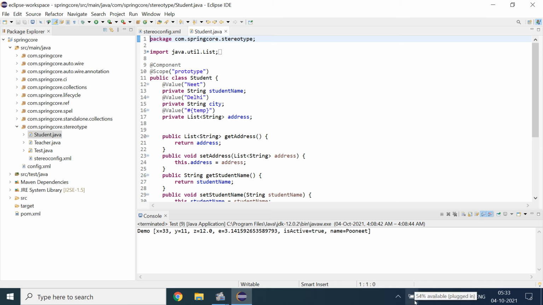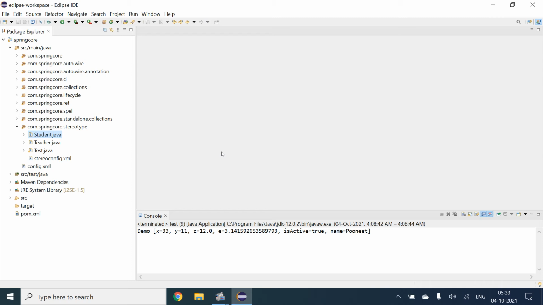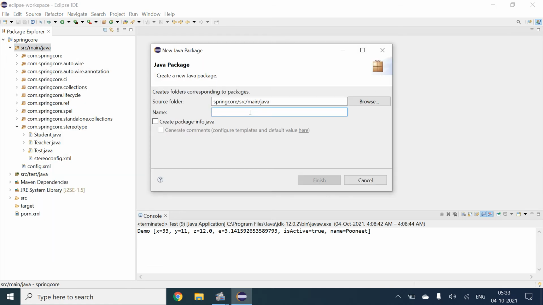So now we will create a new package and we will try to move forward, how we can declare beans without using an XML file. So I have created this.